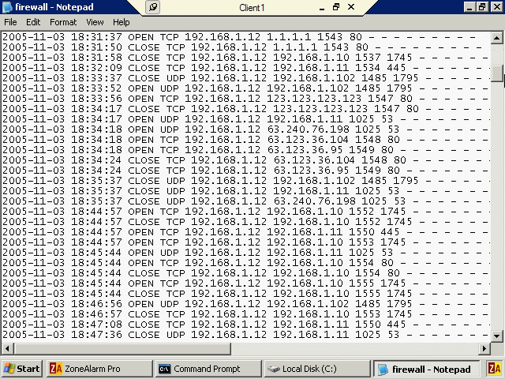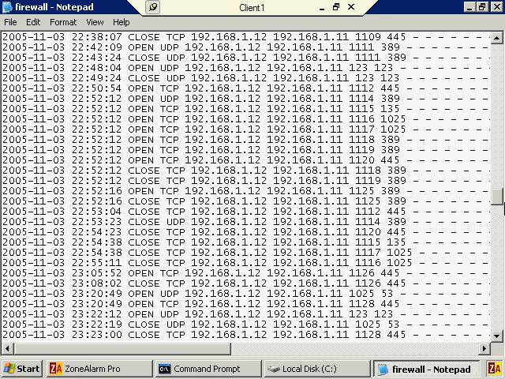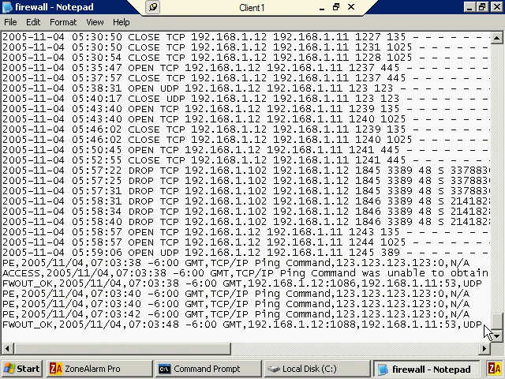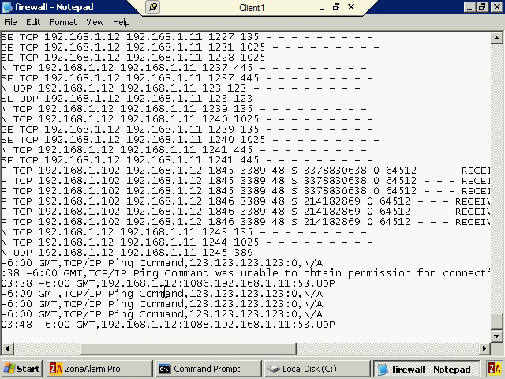And there's still Windows Firewall stuff in here. Obviously it didn't delete it very well. But down here at the bottom you can see it started writing the Zone Alarm information. So notice the format of the Zone Alarm information changed. From here was Windows, and here's Zone Alarm. So at this time, this date, the ping command ran,